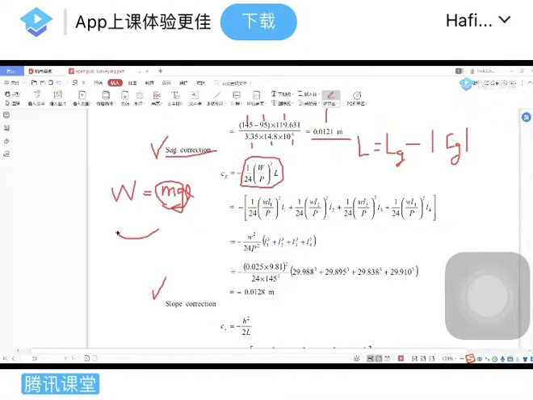This is your error, the reading from this one, and this is the mass, and it's all small. Suppose this is L1, and this is your weight force, the mass times the gravity. Put them together. So this is the first span,